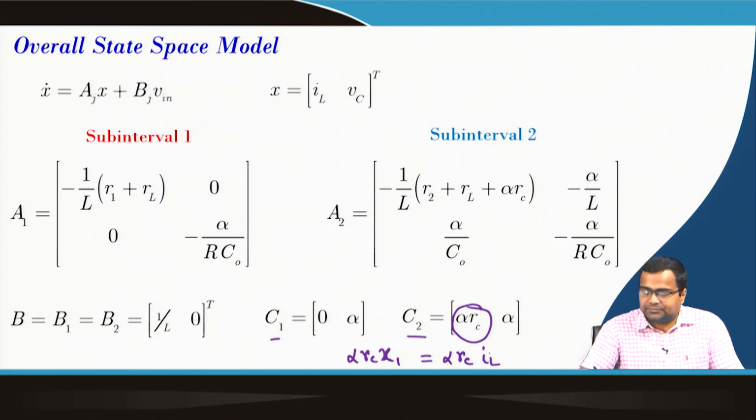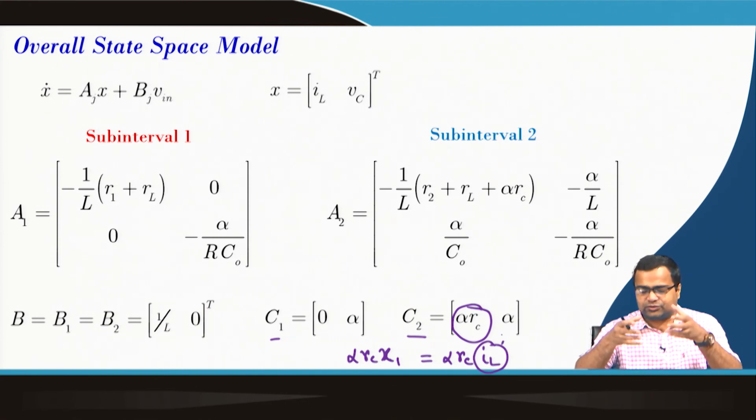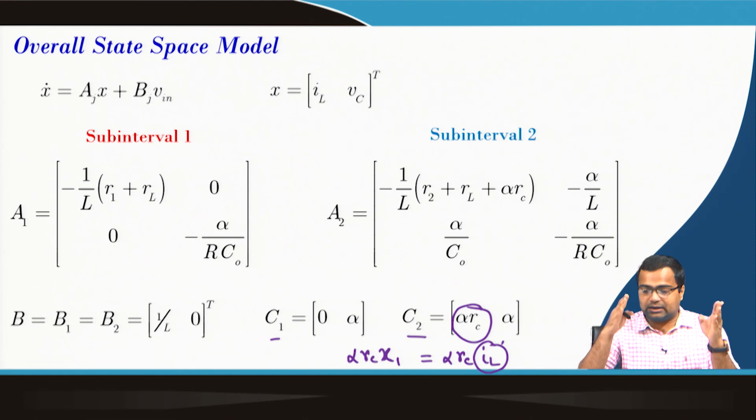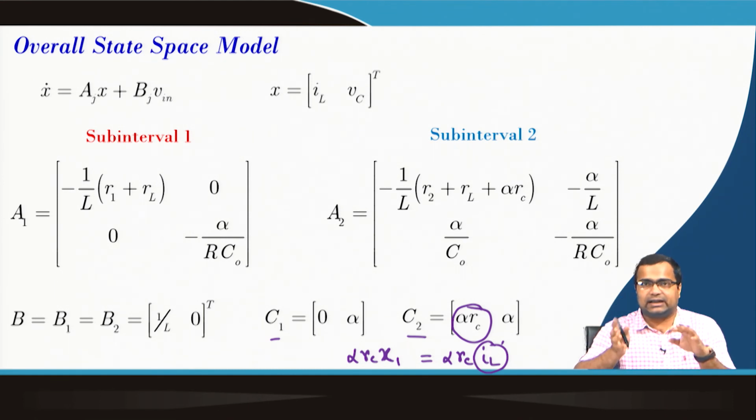When the switch is on, this will be 0; when the switch is off, the IL is connected. So, at every switching transition there will be a discrete jump in the output voltage due to this non-minimum phase behavior, particularly because the inductor current is connected and disconnected, and this will create a direct jump in the output voltage. So, the output voltage in a boost converter will have a discontinuous jump, whereas in the case of a buck converter,